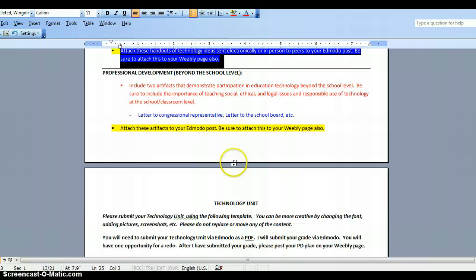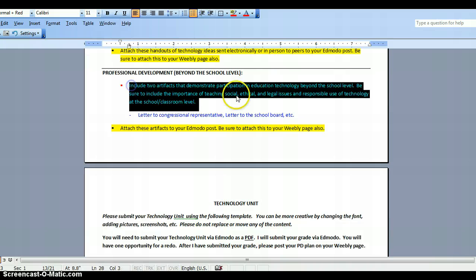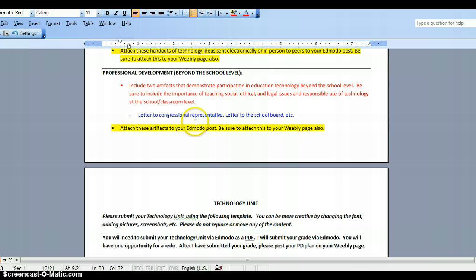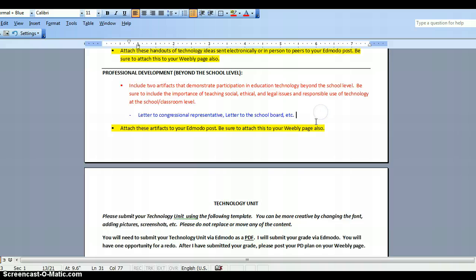And the final concept of this PD plan is a professional development that goes beyond the school level. Again, here's what it includes: 2 artifacts that talk about technology beyond the school level. You could write a grant that goes above and beyond. You could write a letter to the congressional representative, or you could write a letter to the school board. In the past, I've had a lot of grants written. I've had a lot of letters to